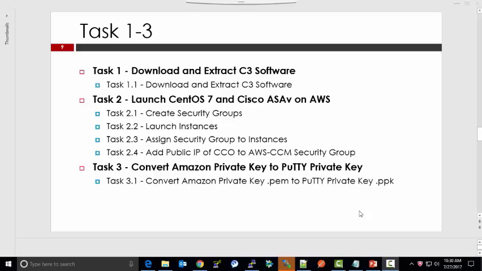instances on AWS. Now here, there are a few things you'll have to do. You'll first have to create the security group and then launch the instances and then tie the security groups to the instances. And then you will basically add the public IP of CCO to the AWS CCM security group. And in the end, or task number 3, you will have to convert the Amazon private key to the PuTTY